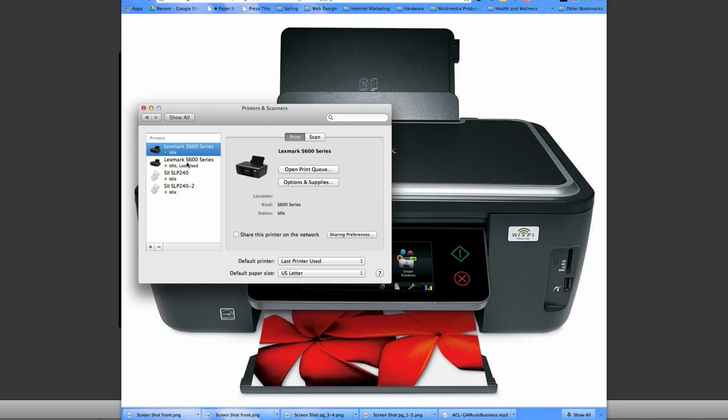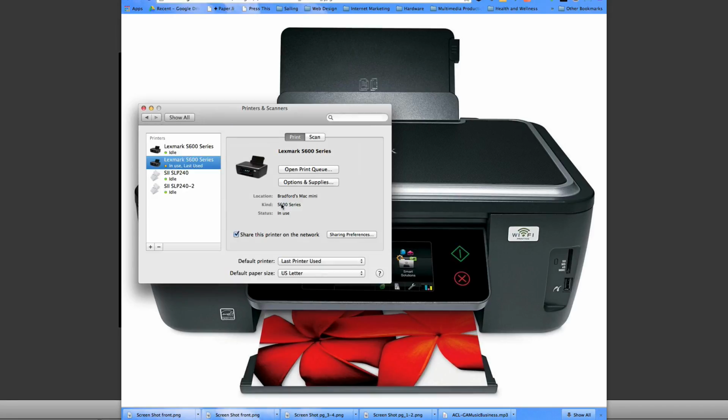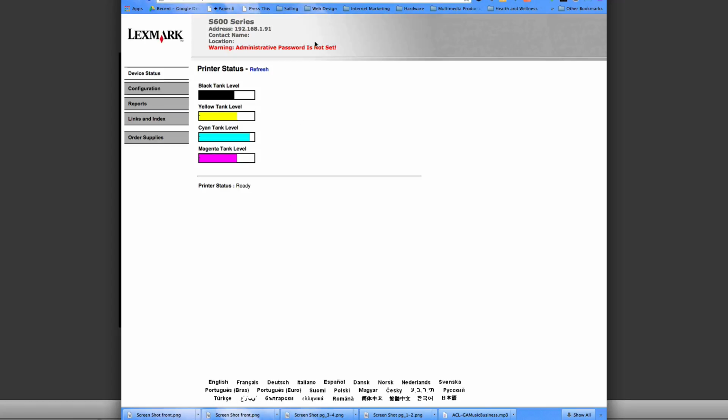I'm not sure what all that means in terms of our issue here, but the short story is, under options and supplies, you'll see this here. There's one thing that's missing on this one that says Bradford's Mac Mini and shared, that is not missing here on this other install. And when I click options and supplies here, it says show printer web page right up there on the first general tab. If you click on that, it takes you to an IP page in your browser, and you'll see, in this case, the cyan was plenty fine after I changed it. But by hitting the refresh right here, it finally told the machine, apparently, that we do have cyan ink and